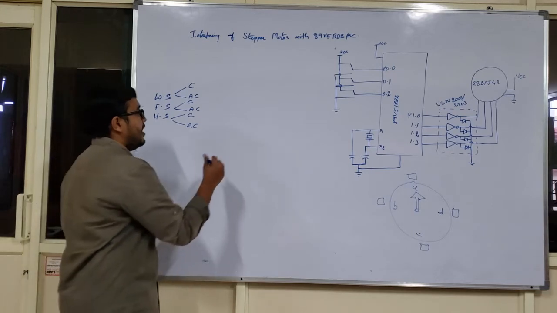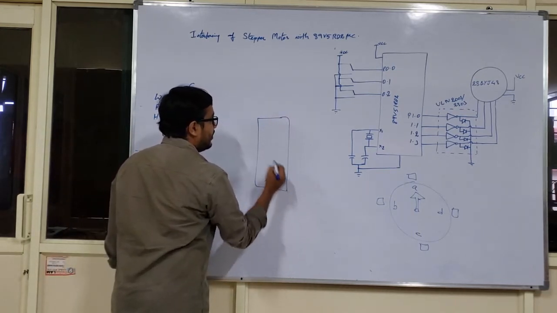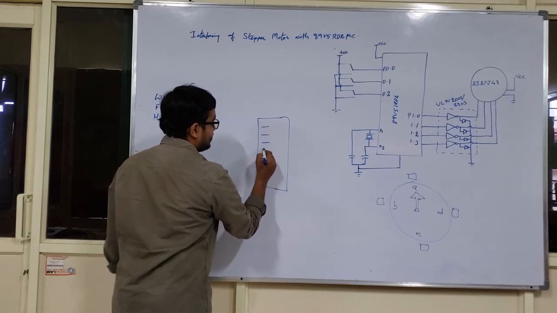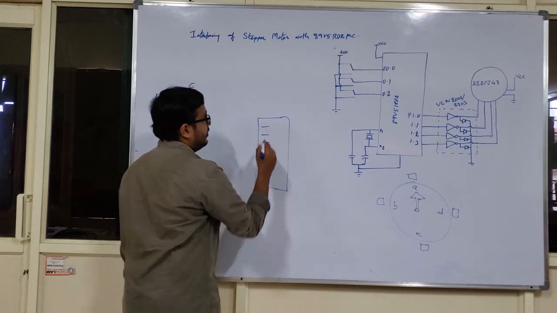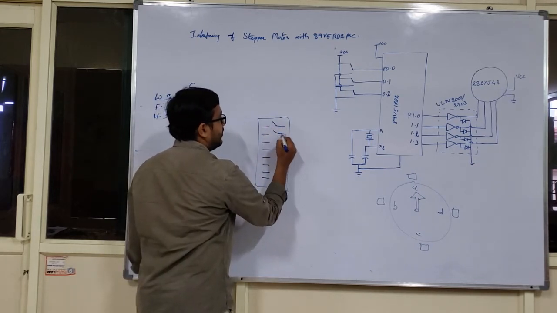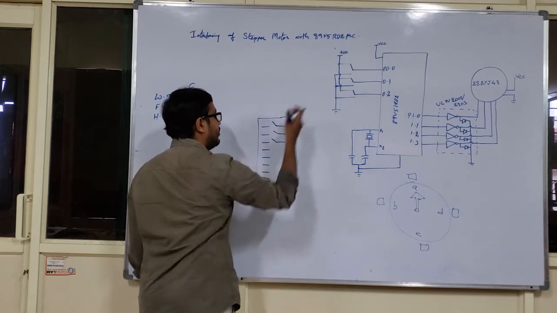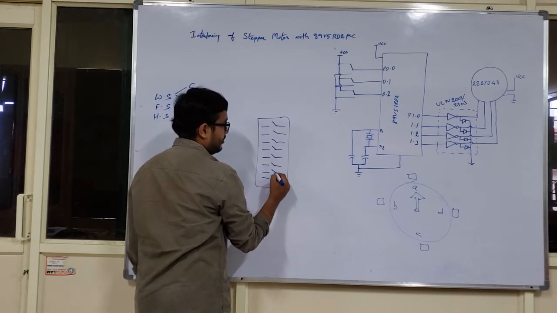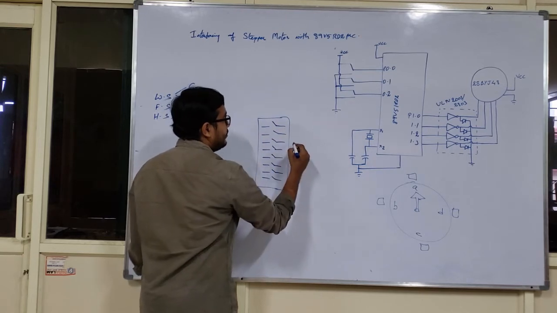That means I am having a dip switch here. So the dip switch is having 8 subswitches, 1, 2, 3, 4, 5, 6, 7, 8, and the switches will be in this manner. We can represent either in this way or in this way. For your understanding purpose, I am drawing it like this. So this dip switch is interfaced with your P0.